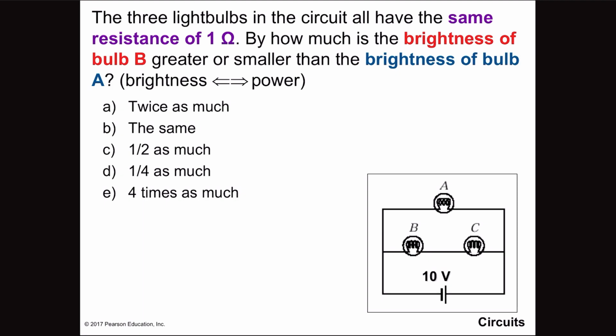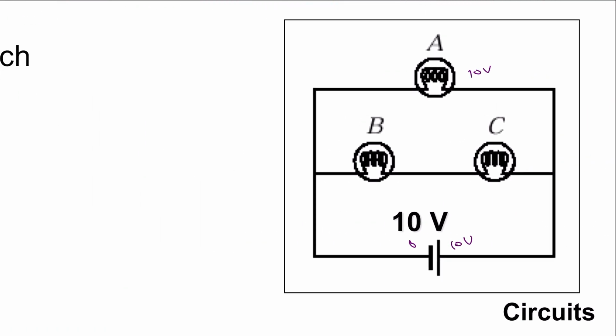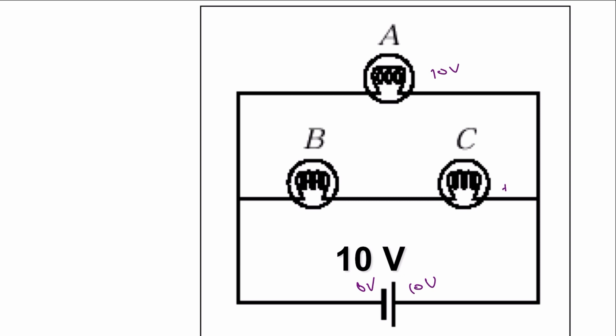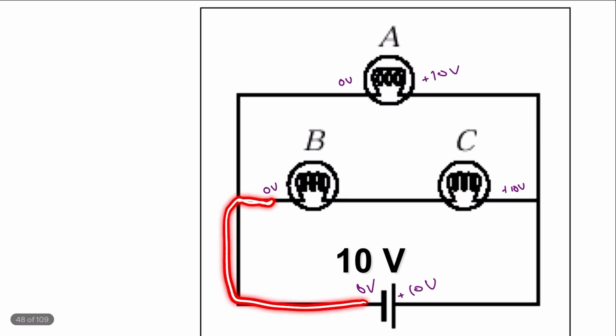This is going to have 10 volts over here. So, right, this is our 10 volts. This is our 0 volts. Let me zoom in. This is our 10 volts, that's our 0 volts. That means we have a plus 10 volts here and a plus 10 volts here, right? Plus 10, plus 10. And then it's 0 volts over here, 0 volts over here, because everywhere touching this wire,